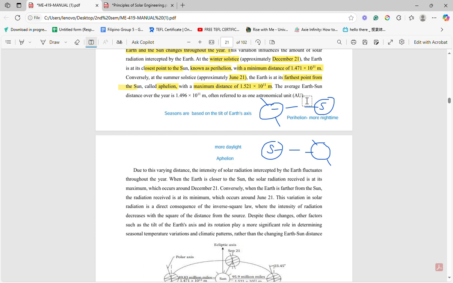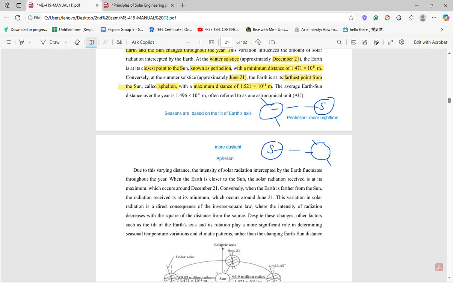And sir, why can we not harvest more energy on winter solstice than summer solstice? Basically, again, because of the tilt of the sun. Though theoretically, during perihelion, the earth can receive more amount of energy